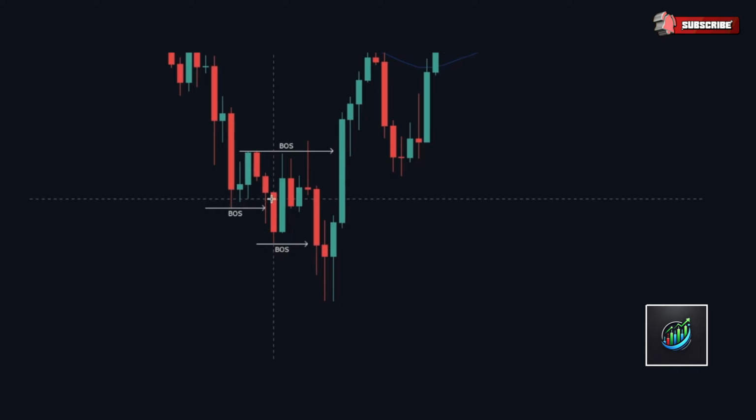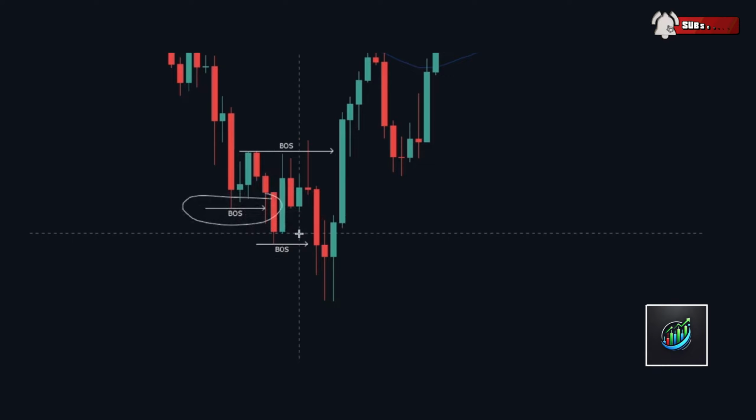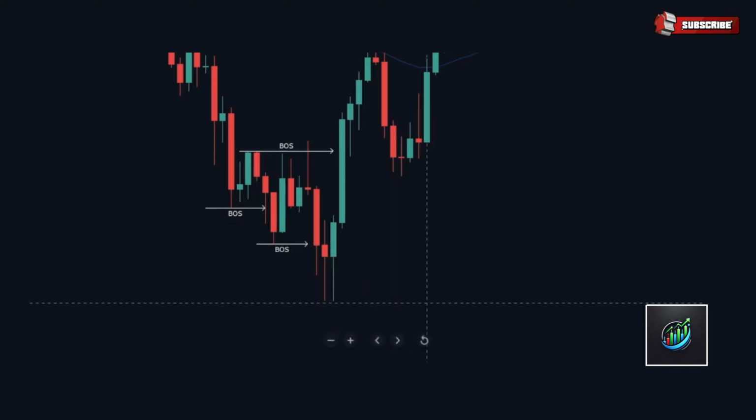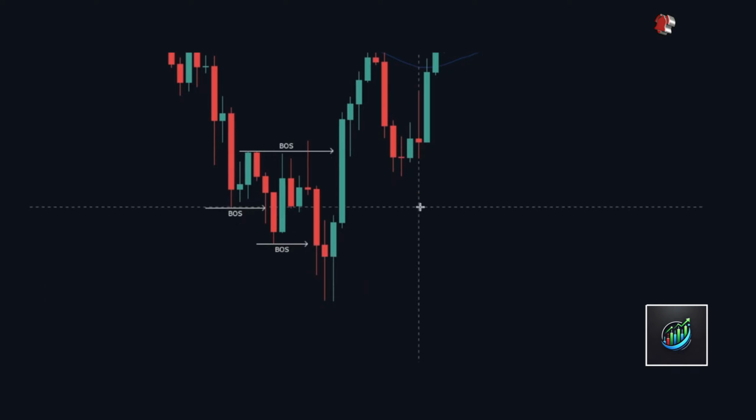here that we had a very solid break of this break of structure with this particular candlestick here. Very solid, very impulsive break. Now if we take our attention over to this break of structure, you can see we started to see quite a lot of wick rejections. We didn't really make an impulsive break, and it wasn't really that convincing that price was going to continue making those lower lows. So I had in the back of my mind that potentially we might be reversing the trend,